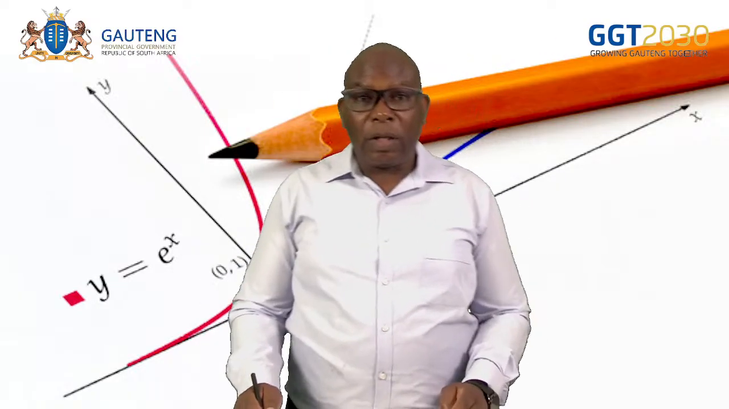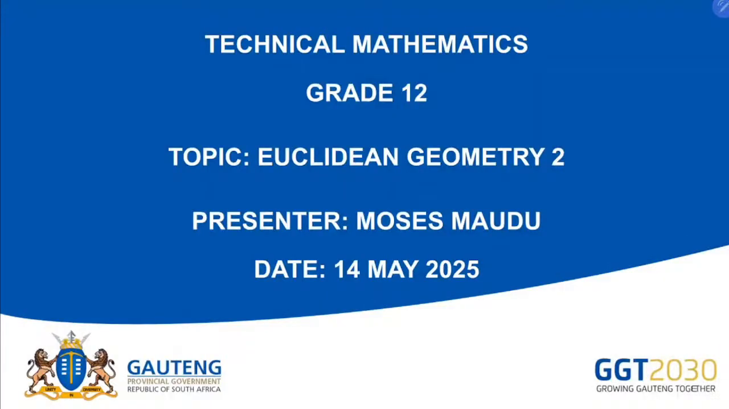Today we're going to be looking at Euclidean Geometry, Part 2. That is your grade 12 Euclidean Geometry in Technical Maths. The geometry that we're going to be doing today will be based on proportionality and similarity. We've done the ratios and similarities in the lower grades, the previous grades, but let's look at